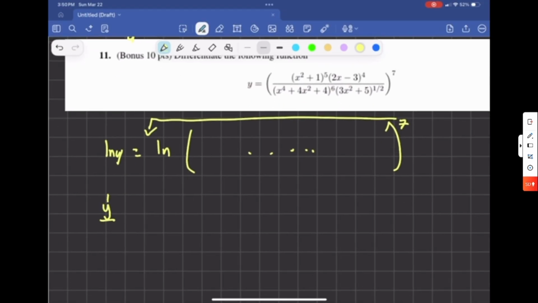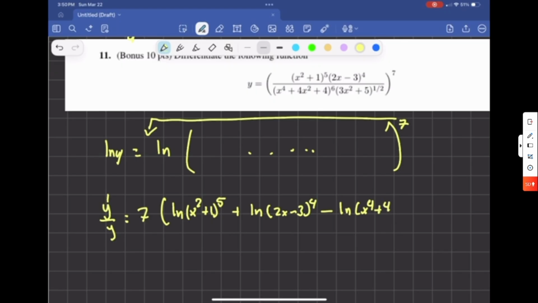So we have ln y equals 7 times ln of (x squared plus 1) to the 5th plus, because it is a multiplication, ln of (2x minus 3) to the power 4 minus, because now we're dividing, ln of (x to the 4 plus 4x squared plus 4) to the power of 6